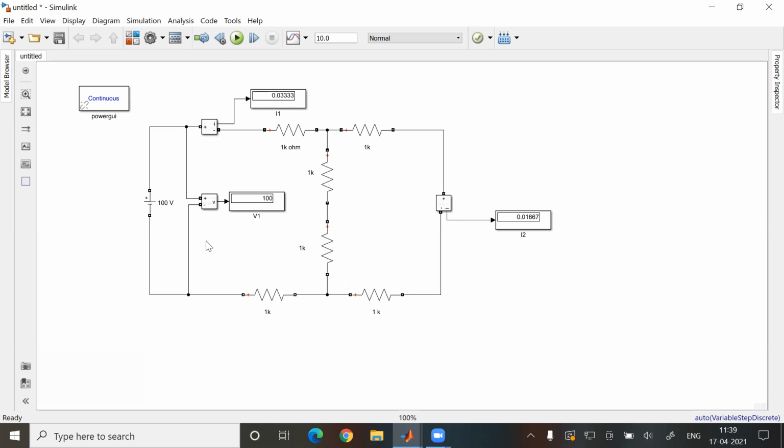Now you have to find all the parameters, Y11, Y12, for the entire circuit, right? You could easily do it, as it is a T network, or you could draw a pi network as well. One minute is left, let's do the other. In the next step, you have to short circuit the first terminal, right? So this will come at this.